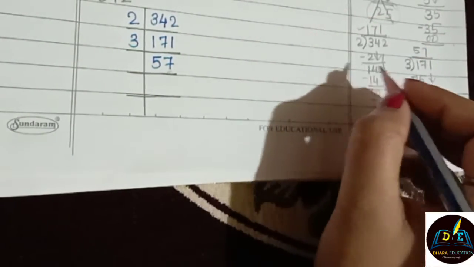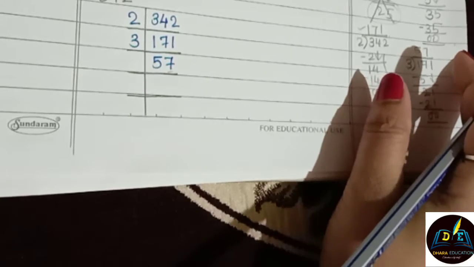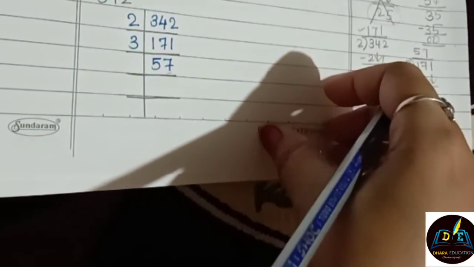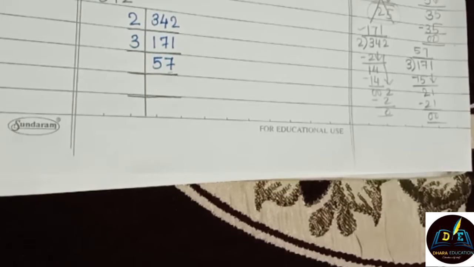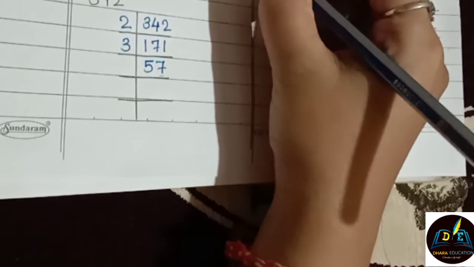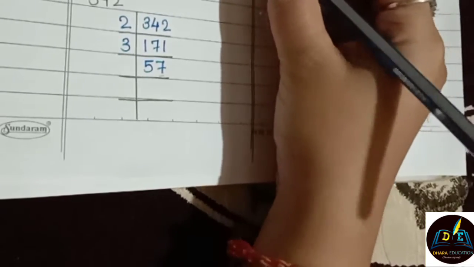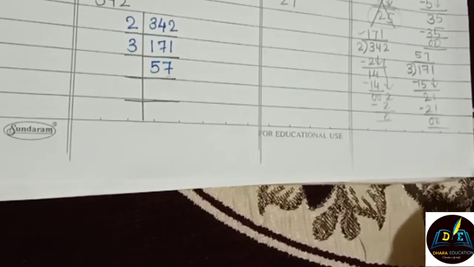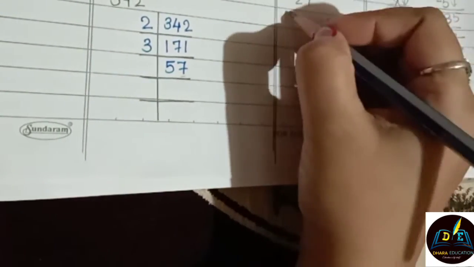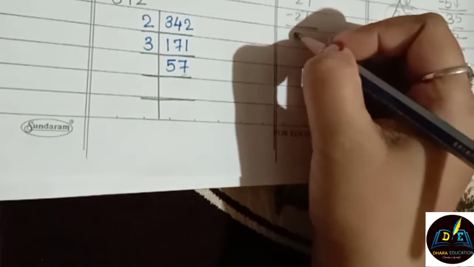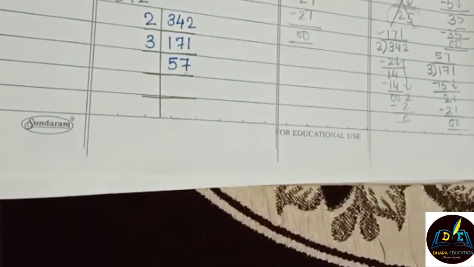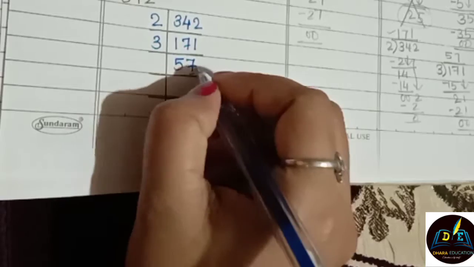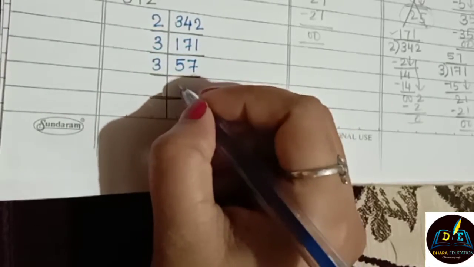As I don't have space here in the rough column, that's why I'm using this over here. Okay, so I'm just drawing one rough column line. So here I have drawn the line. 57. 3 1s are 3. So 5 minus 3, you will get 2. 7 will come down. 3 9s are 27. So the answer is 19. Here we will write 57 is going to be divided by 3 and we are getting 19.